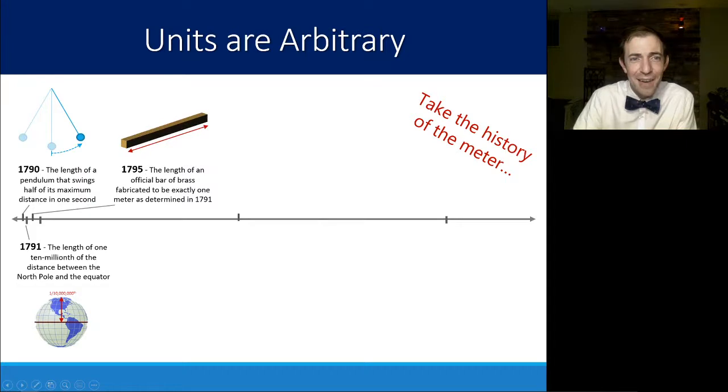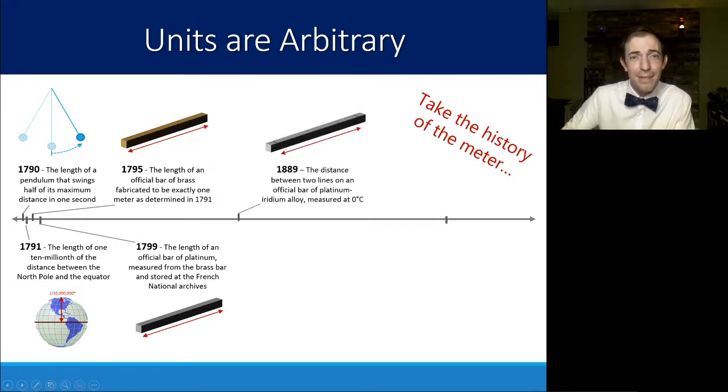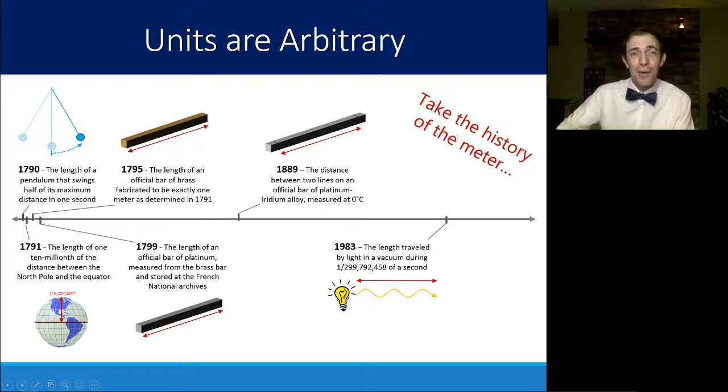as the length of an official brass bar. This is something that existed in the basement in Paris. That brass bar actually changed over time, its length. So it was updated to be a platinum bar, and then updated again to be a platinum iridium alloy bar. But until 1983, our definition of the meter was stuck in this definition of one physical object that sat in the basement somewhere. In 1983, it was finally